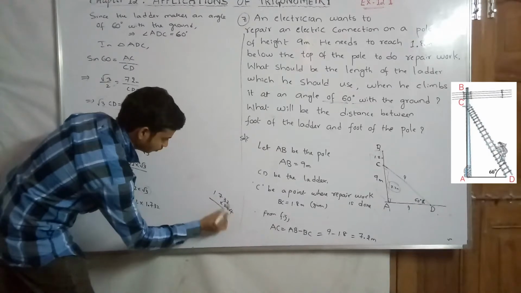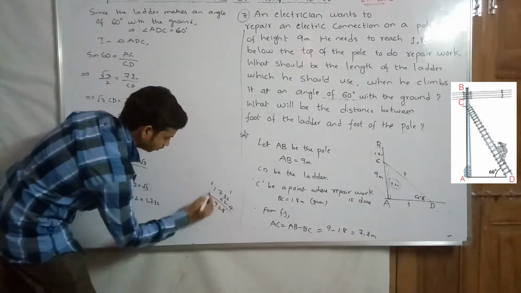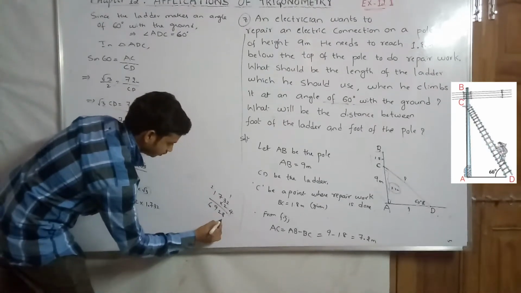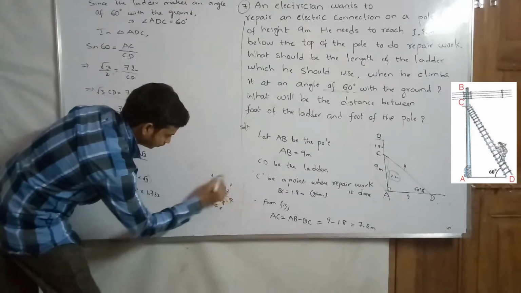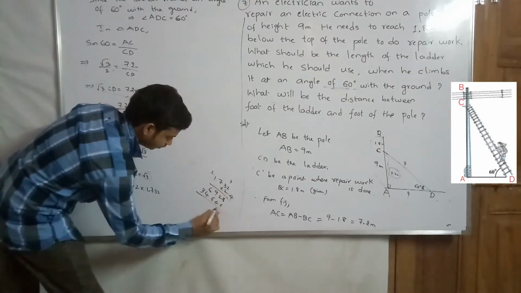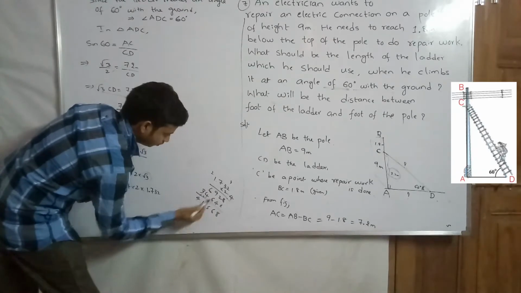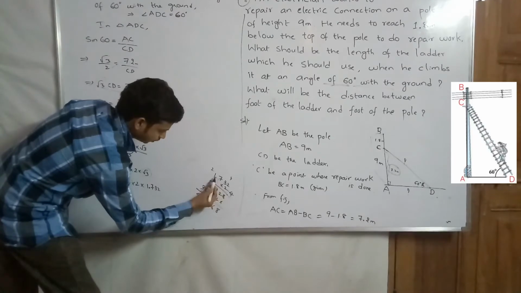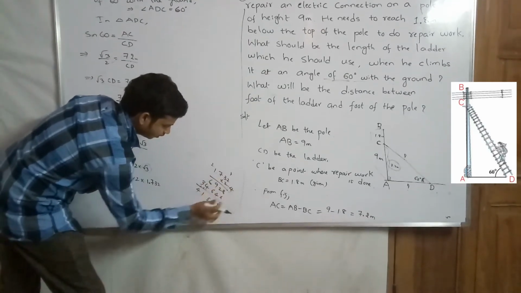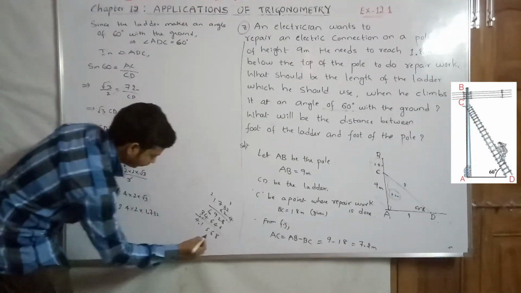Let us multiply. 4 2s are 8, 4 3s are 12, 2 1. 4 7s are 28 plus 1 is 29. 9 4 1s are 4 plus 2 is 6. So 2 2s are 4, 2 3s are 6, 2 7s are 14, 4 1. 2 1 is 2 plus 1 is 3. So 8, 6, 15, 11, 4. Counting the decimal digits, we get 4.1568. So into again 2.